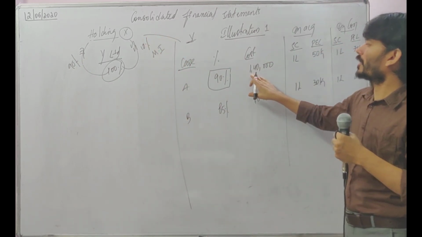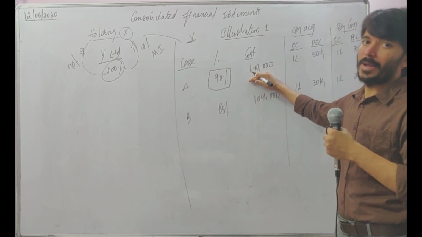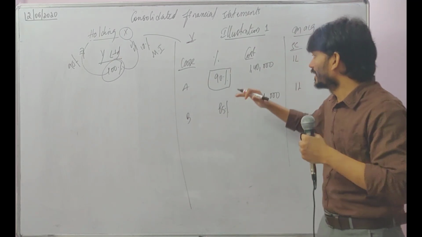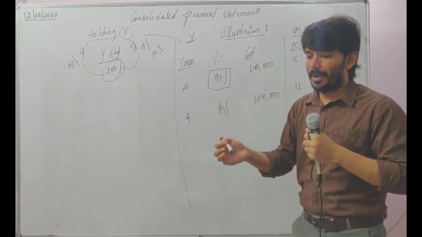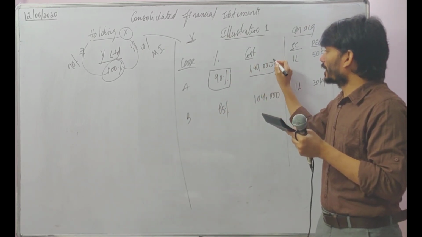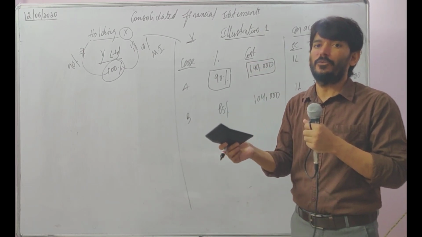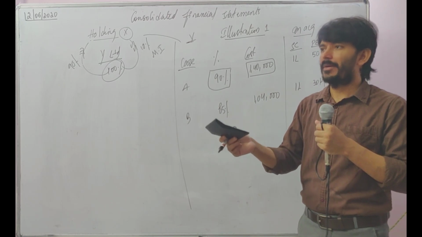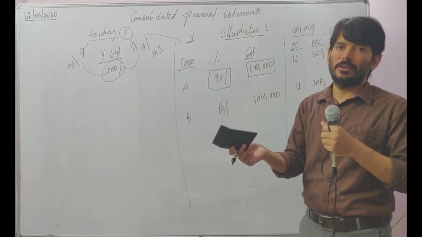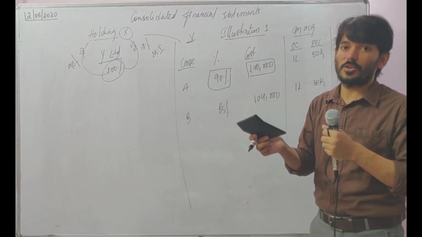Okay, so cost is 1.4 lakh. So this is the amount I am spending. If you are watching this video after watching my first video, you will understand. I am purchasing this calculator. This 1,40,000 is what I am paying. I am going to a shop. I am asking the shopkeeper, what is the price of this? What is the cost of this calculator? He is saying 140 rupees or 140,000. So this is the cost.